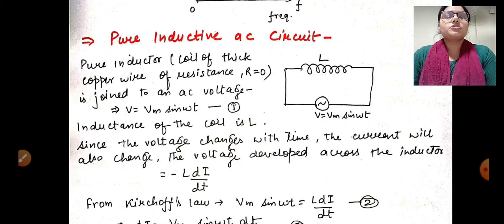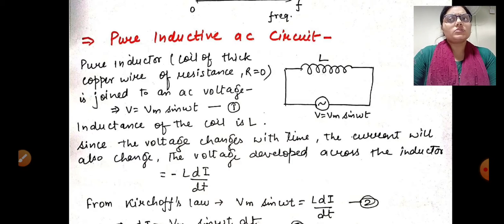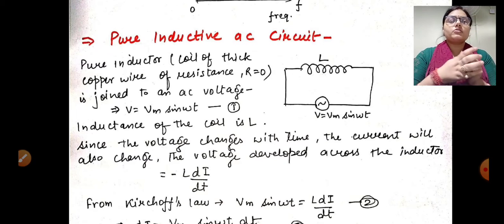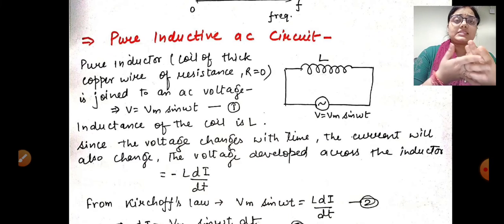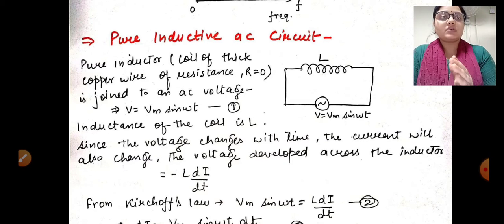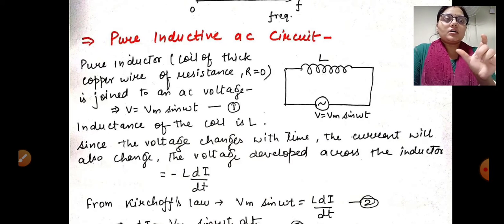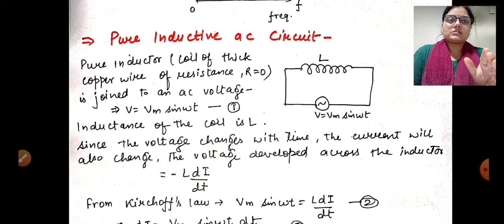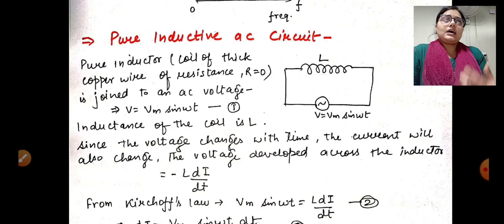Now, as I have just told you, we have to discuss mainly three physical devices. The first is the resistor, then the inductor, and then the capacitor. We are first going to study these three physical devices individually, then we have to take their pairs, like the RL circuit, meaning resistor-inductor circuit, then the RC circuit and the LC circuit, and in the last we will discuss the RLC circuit.